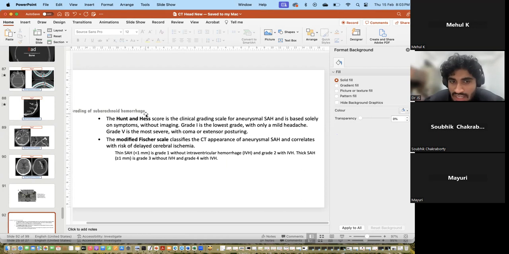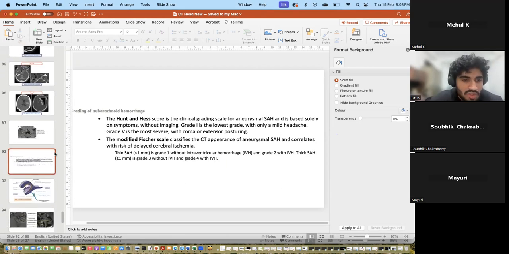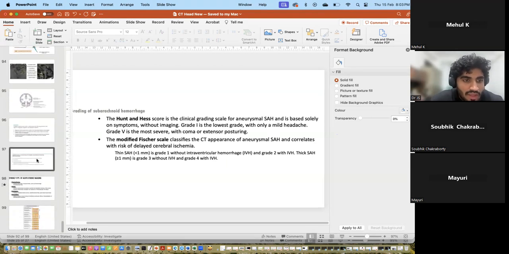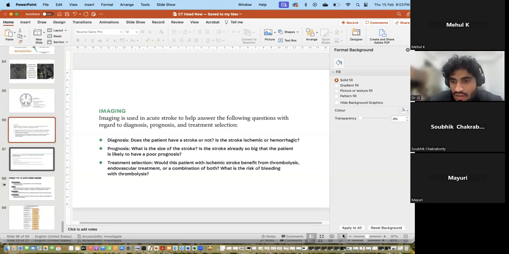Based on Hunt and Hess, that is a clinical one. If the patient is almost comatose, we'll call it grade 5. And if the patient has a high grade IVH, intraventricular hemorrhage, we almost call it grade 5 on modified Fisher as well, grade 4, grade 5. Okay, so that is one thing. And similarly, for a stroke patient,